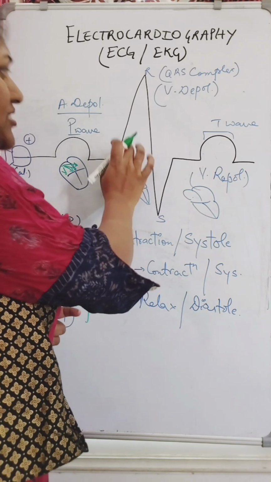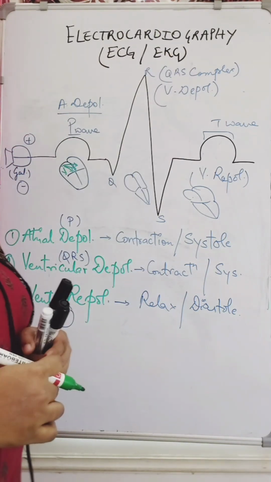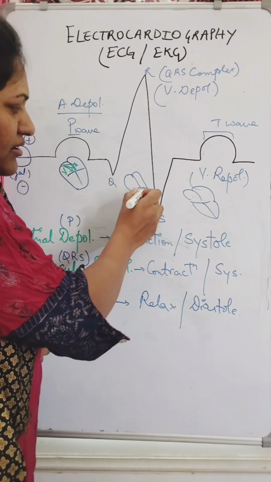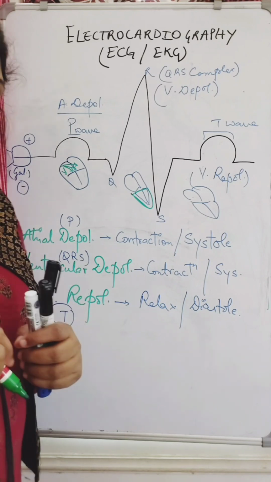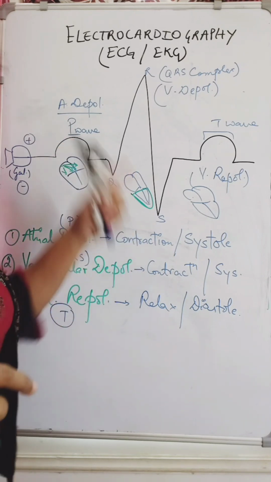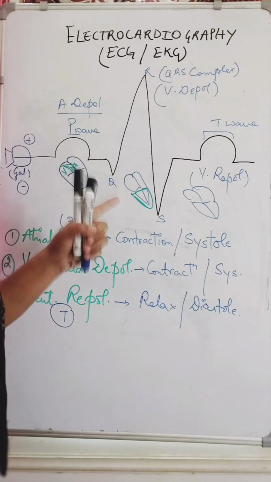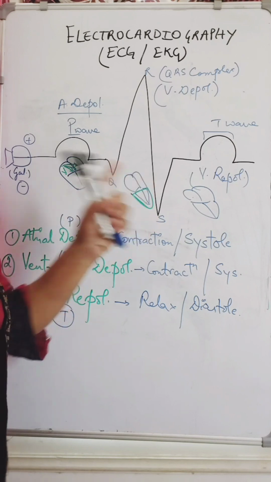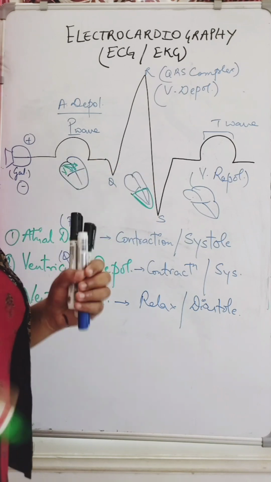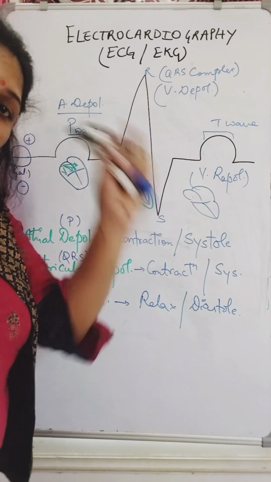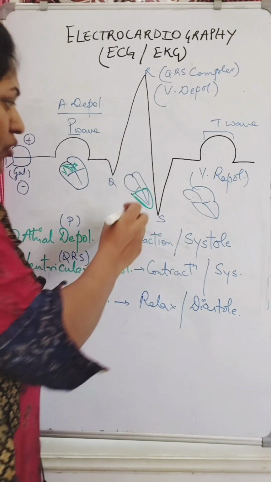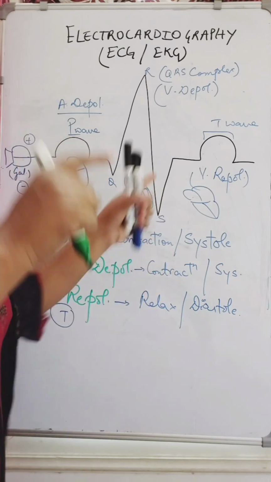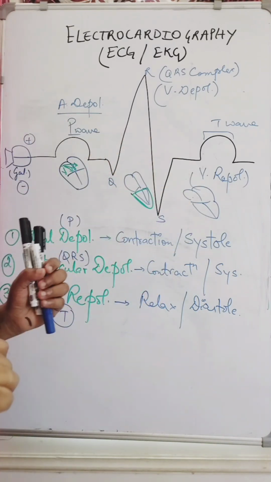Now, why is this deflection such a strong peak? The only reason is that the ventricular walls are very thick. This is the basic line. The ventricles are the chambers responsible for pumping blood to the different parts of the body, and therefore the ventricular wall will be very thick. And here the Purkinje fibers are also there, and the bundle of His, as I have already told you, please keep it in mind.